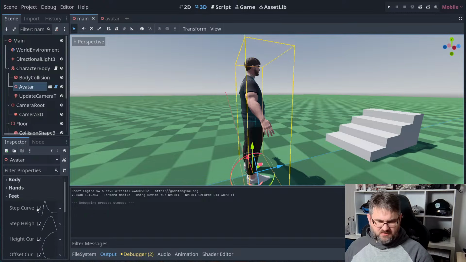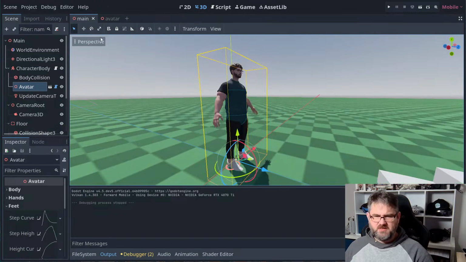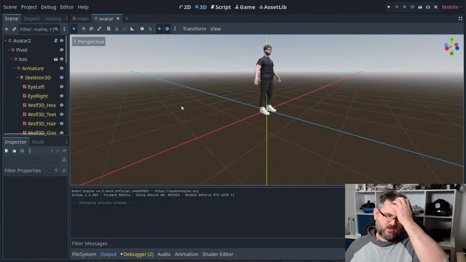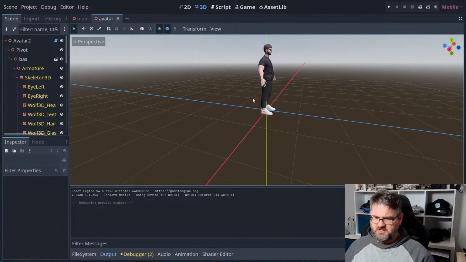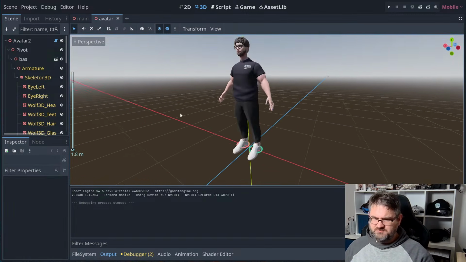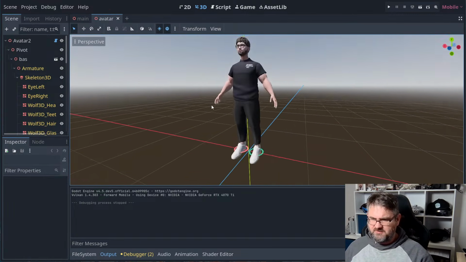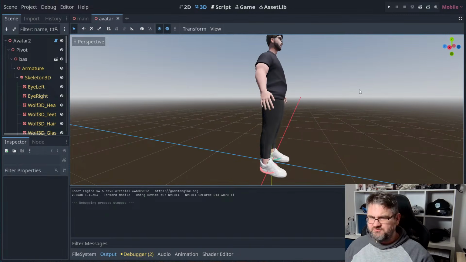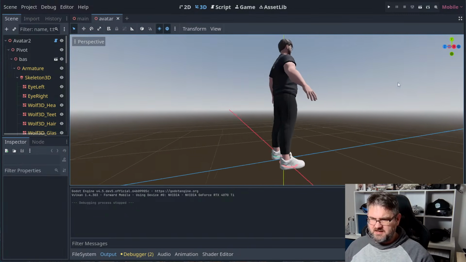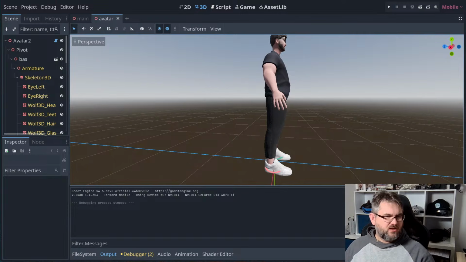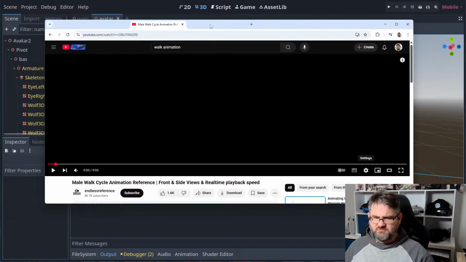We've got nothing overridden here. So yeah, I think we're going to start with that. We're going to see if we can add some logic in here that we can, first of all, just for debugging, make him walk in place. So we can start tweaking things and see what it does, and take it from there. Now the other thing is, and I'm just going to keep this as a reference,